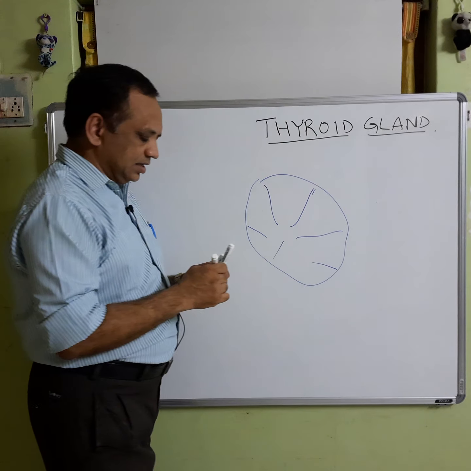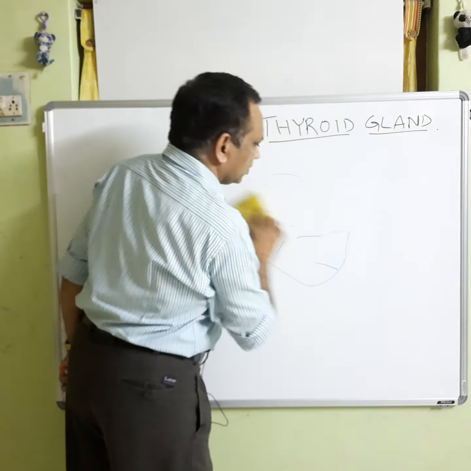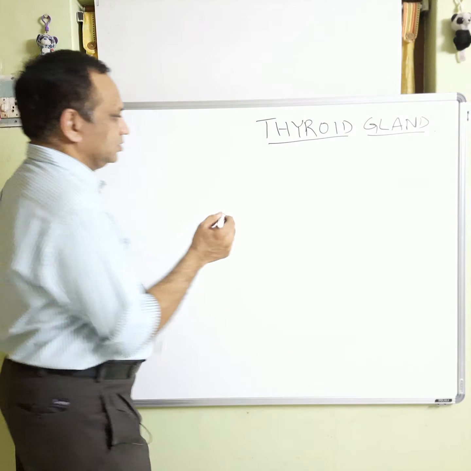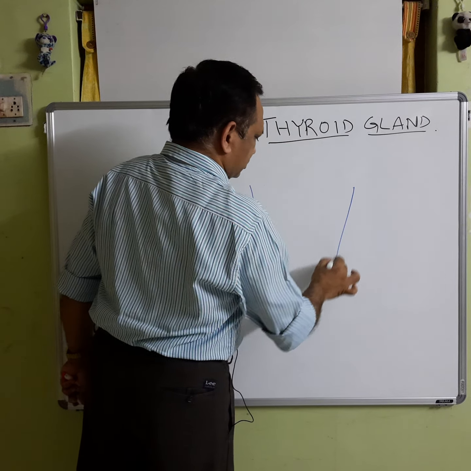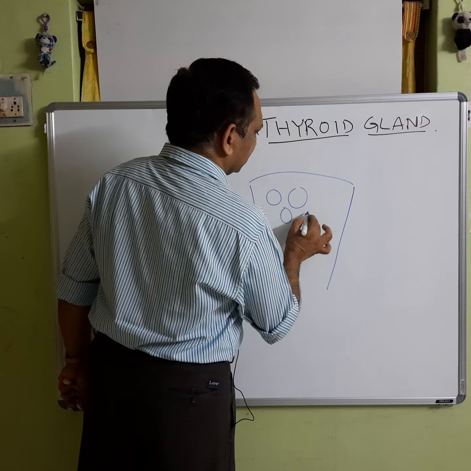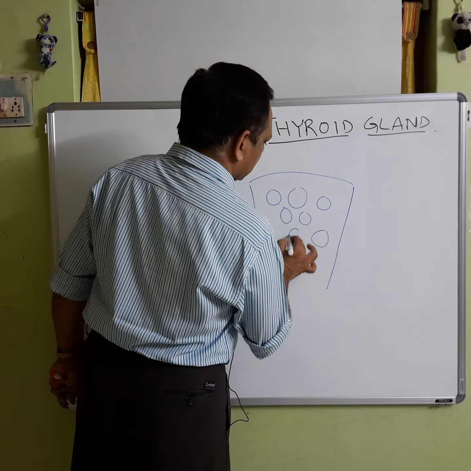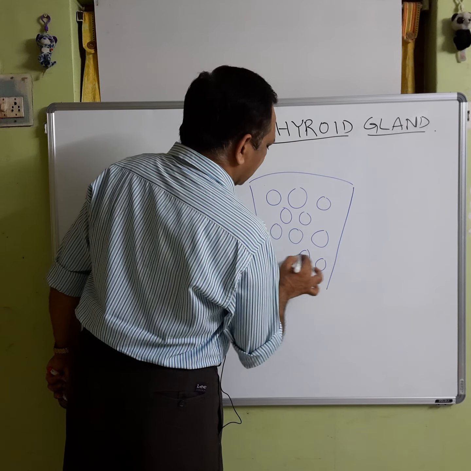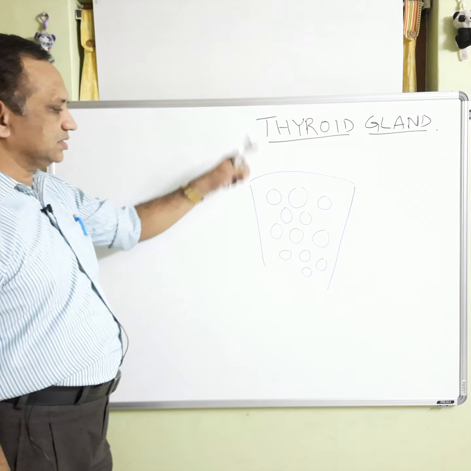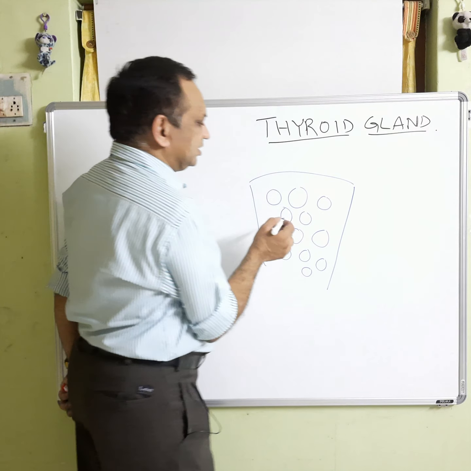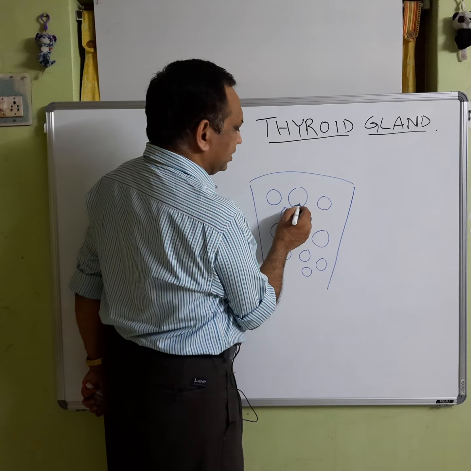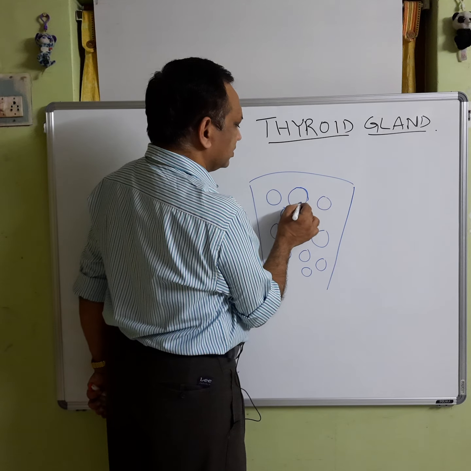Each lobule will have 40 to 60 follicles. They are called thyroid follicles of different sizes, and all are stained pink in normal stains. So, everything you will see as a pink structure, and these follicles will present the epithelium which is lying on a basement membrane. This is the basement membrane, like this.